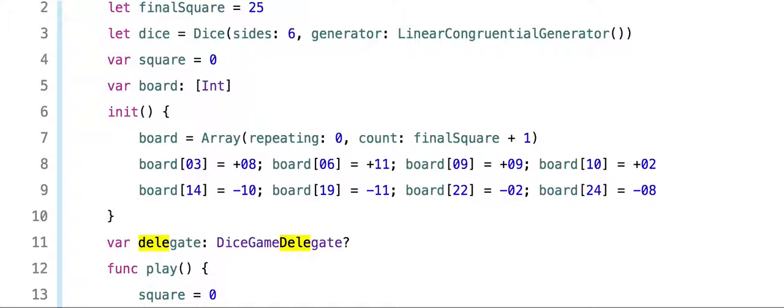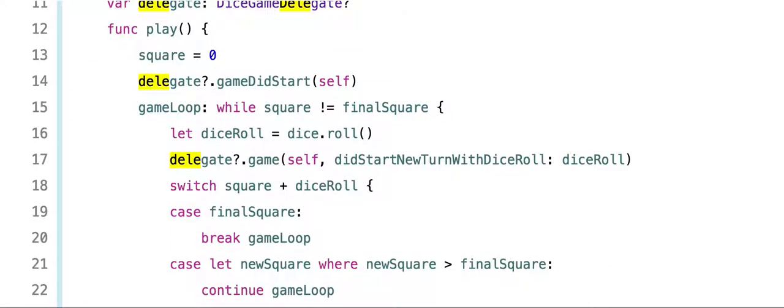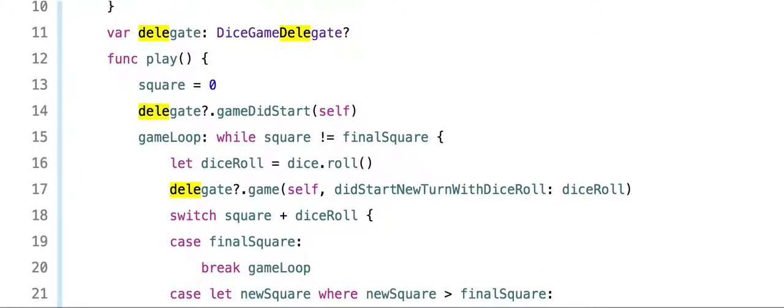So var delegate is an optional DiceGameDelegate. And now func play is implemented because it's a dice game and we must implement that. So square = 0, delegate. We check if the game did start, and we pass in self, which is a dice game. And the game loop is, while square is not the final square, we roll the dice, we do a diceRoll, we check if it's the next turn, didStartNewTurn with diceRoll, using our delegate,